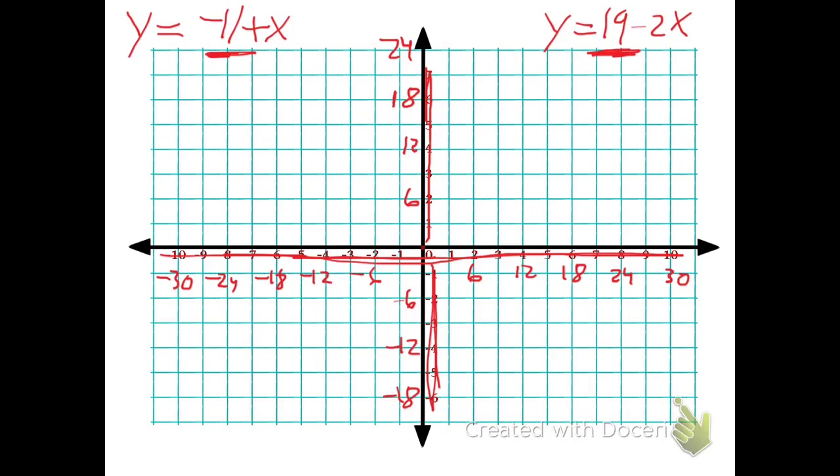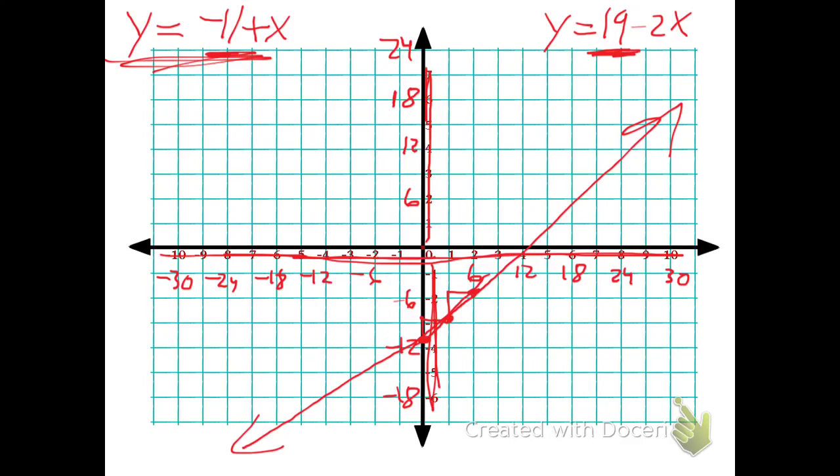So I'm going to first graph my left one. I'm going to use red because I'm already on that. My y-intercept's negative 11, which is going to be here-ish. And I have a slope of 1, so I go up 1, right 1, up 1, right 1. So I'm going to go up 1, right 1, give me a dot there, up 1, right 1, dot there. And I got a few dots that lets me know which way my graph is going,